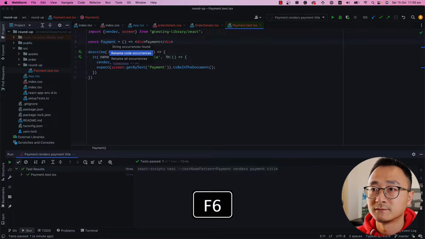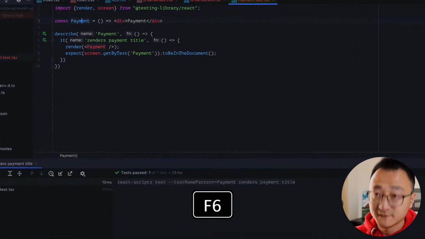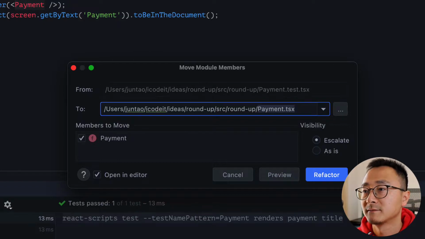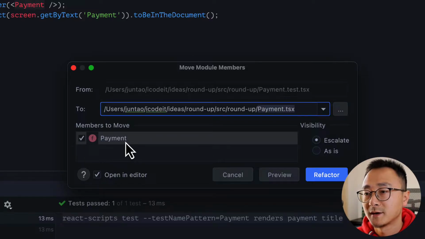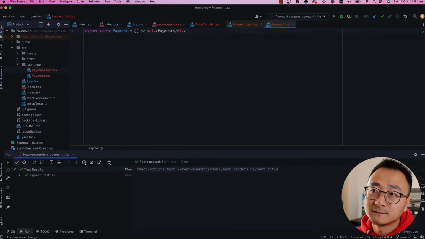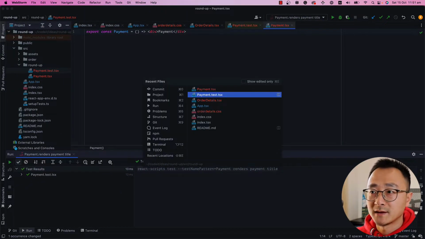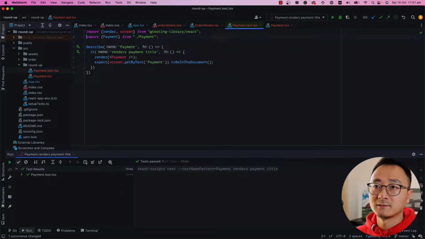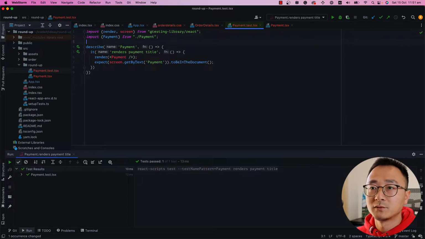You just do F6 and then, okay, what do you want to move to the new place? You say okay, move this member to a separate file called payment.tsx, and let's do that. So it will extract that out. That's pretty simple to do